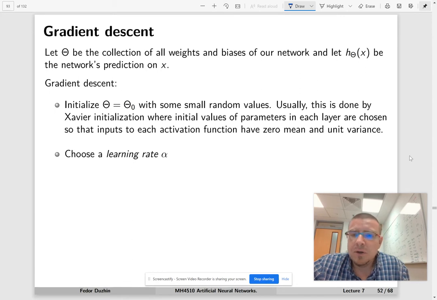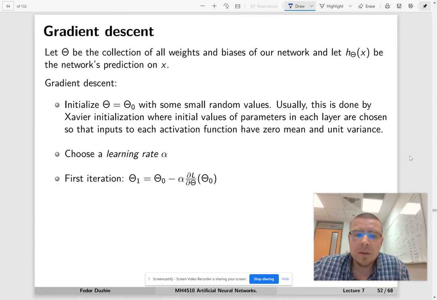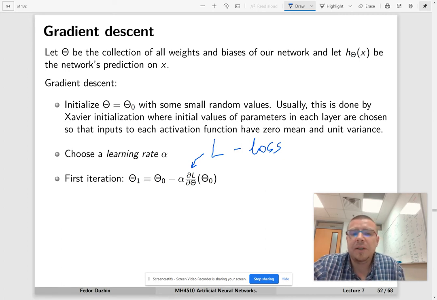Then you choose this learning rate alpha, and then the first iteration is like this. You compute the value. So this is the gradient, the vector of derivatives of the loss function. L is the loss function. And this is the vector of partial derivatives of the loss function with respect to all parameters. So if you have 100,000 parameters, then you calculate the partial derivatives with respect to all these parameters. And then you evaluate it at the point theta 0, multiply by alpha, and together, this is going to